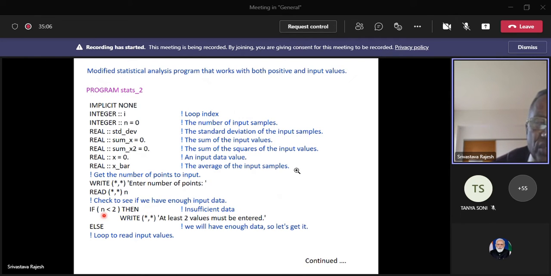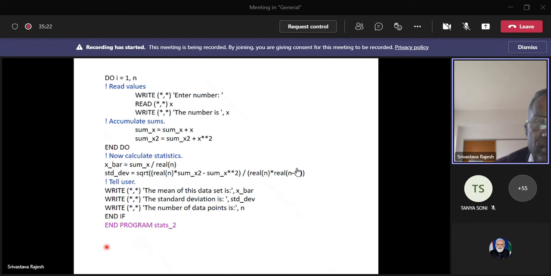even 2 data. So if you say n is less than, then you just write at least two values must be entered. So it's just fancy type of else. Otherwise, then it proceeds further in the second page here. Now it uses the do loop 1 where you know the n value. Now because you gave it read the n values and then now it reads first data and does the same thing here, and then do loop is finished when n is done, and then so you saw that the second do loop